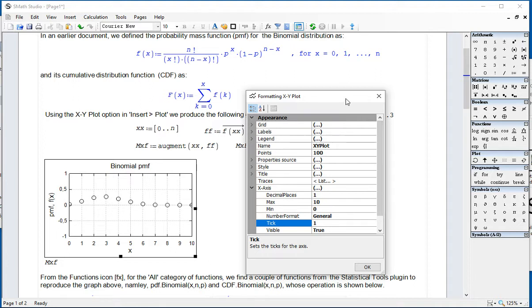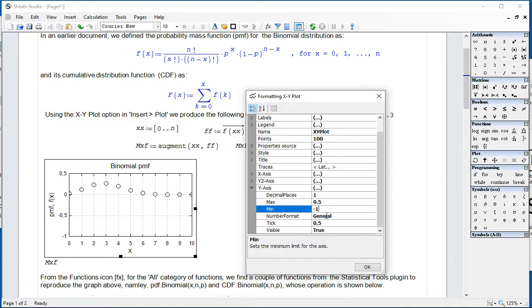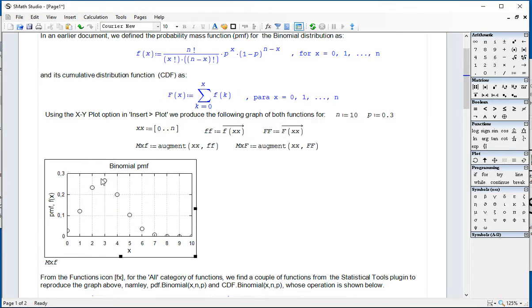The PMF. For the vertical axis, I'm just going to go to 0.5, so 1 decimal place, maximum of 0.5, minimum of 0, in increments of 0.1. And so that gives me, actually, I just need to go to 0.3. And this shows the variation of the